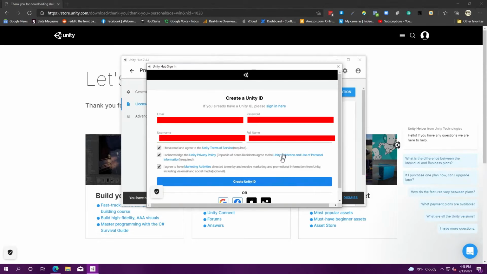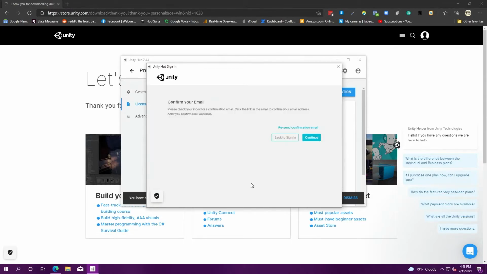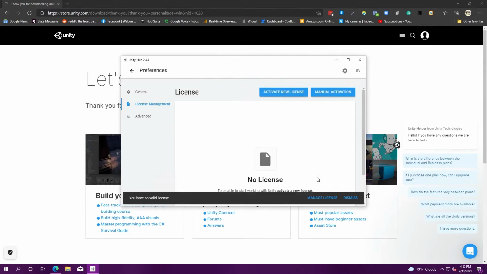Unity ID. You will have to do an email confirmation, and I'm going to go do that off camera right now in my email program and then come right back, so please stand by. All right, now that I have confirmed my email, I will click Continue. And I'll be back now on the license screen, but you can see with my initials up here, I'm now